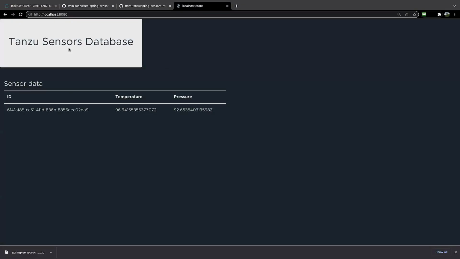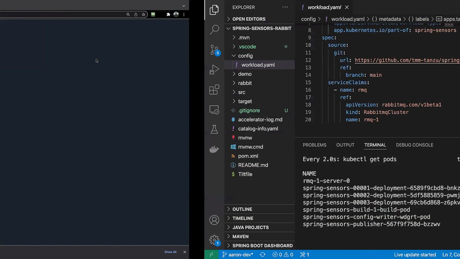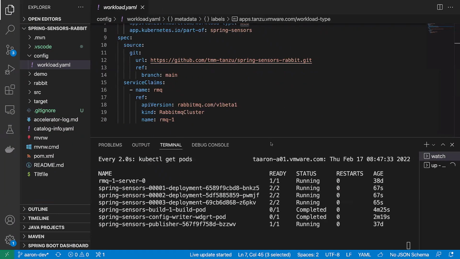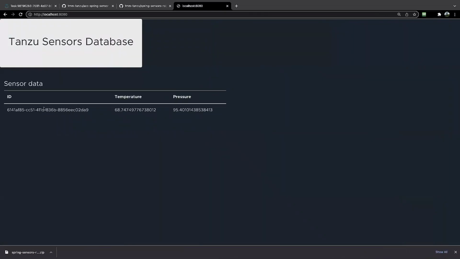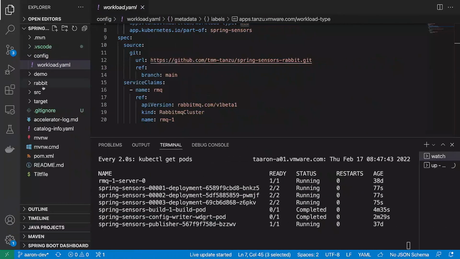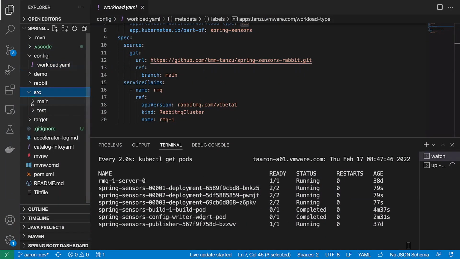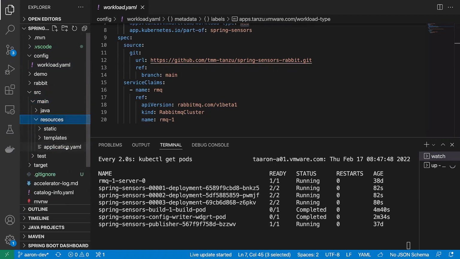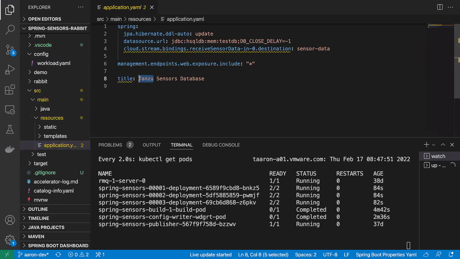All right, so the application is up and running in the browser now. This is just the Tanzu Sensors database. It's running live in my code. And say as a developer, I want to actually make a change to my code while it's running in the cluster. I'll just go change the name. If you saw here, it says Tanzu Sensors database on my screen. I want to change this to weather. So we're just going to simulate a quick source code change. And all I'm going to do here is Command S to save this. And we'll actually see the logging